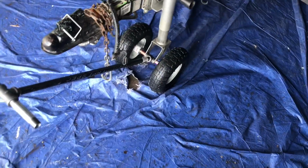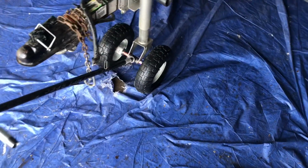So I'm going to go ahead and put it together, see if it works, and I'll show you what it looks like. Alright, I got it all put together. It took me about, I'd say, 10 minutes. Alright, to start,